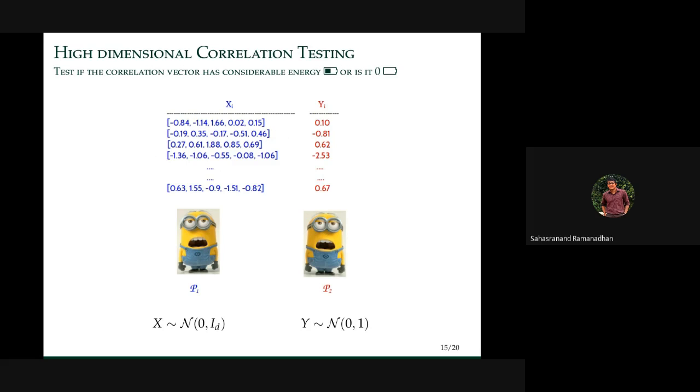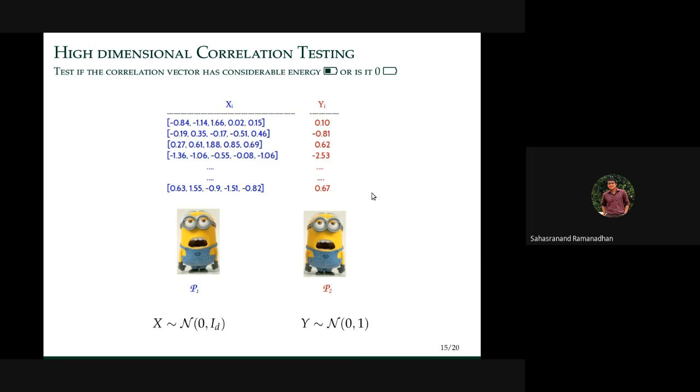Again, these two parties are observing xi's and yi's, but now xi is not a scalar anymore. Xi is a vector with d entries, and each of them is a Gaussian random variable. It's an independent Gaussian random variable. And yi is still observing a scalar, but it is not observing bits. It is observing a Gaussian random variable, which is also a sequence of independent random variables.